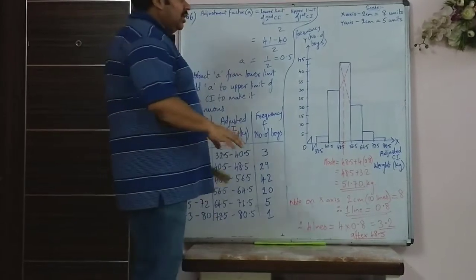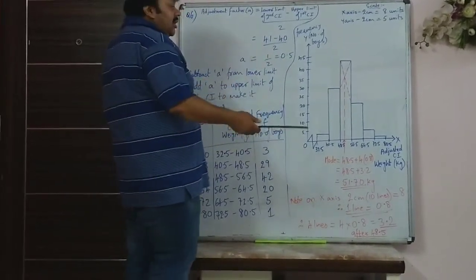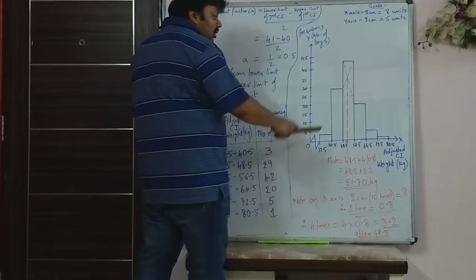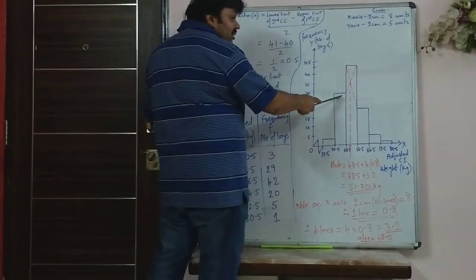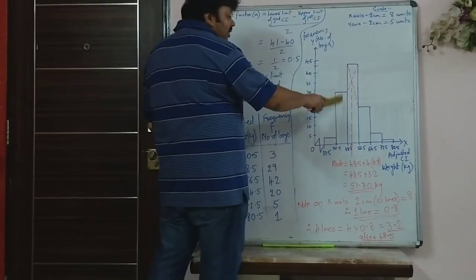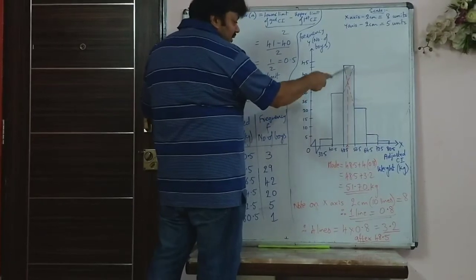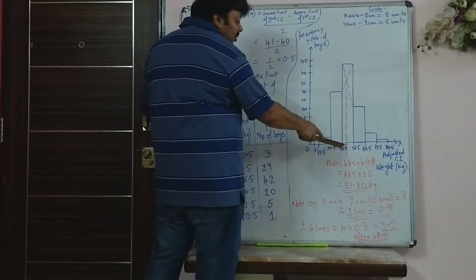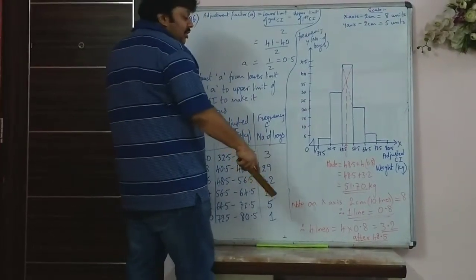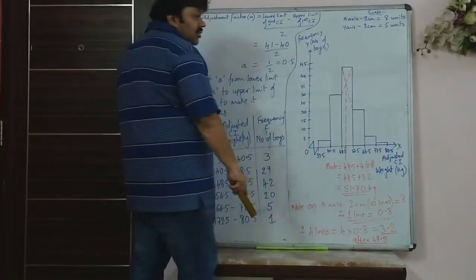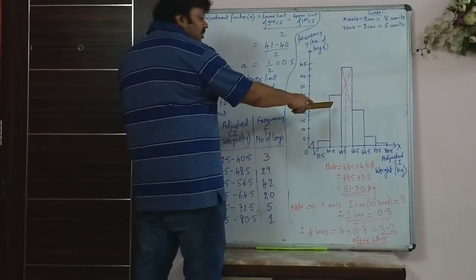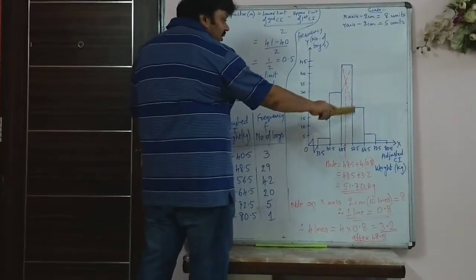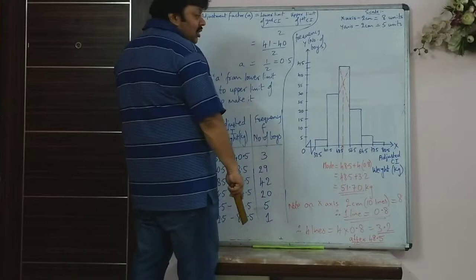The answer is not like that. Now here, for a hint for you to know the answer, the previous class has a greater frequency than the next class. This is the model class. So the answer will be closer to 48.5 and not closer to 56.5. That's because the previous class was having a greater frequency than the next class after the model class.